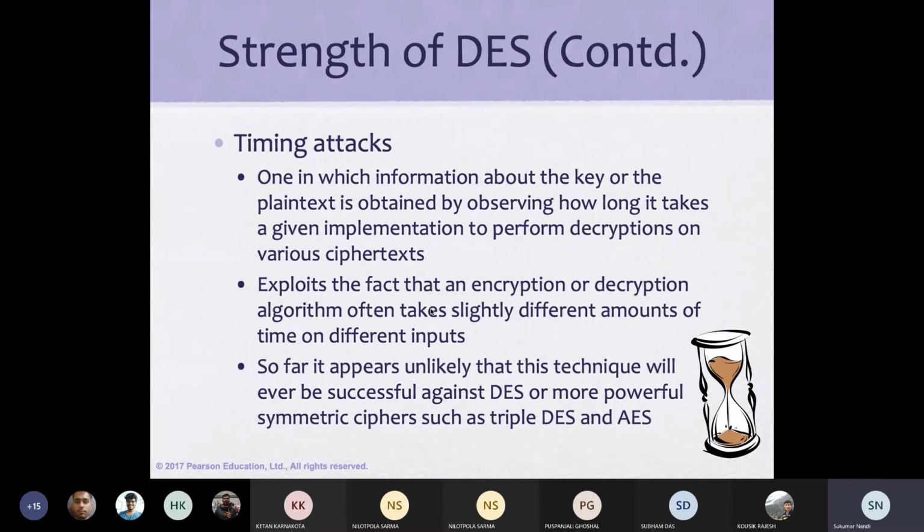So if the input pattern dictates different times for different plaintext, then there is a clue that the bit pattern can be guessable.